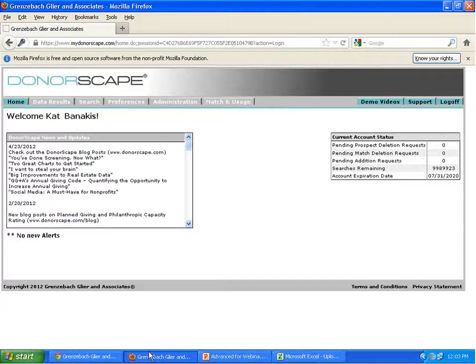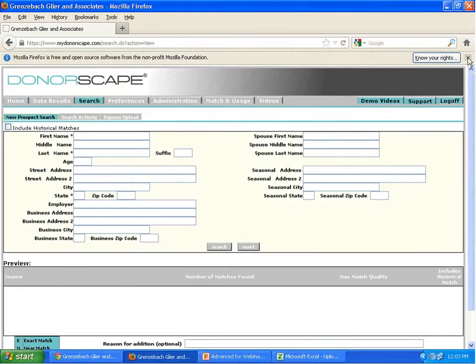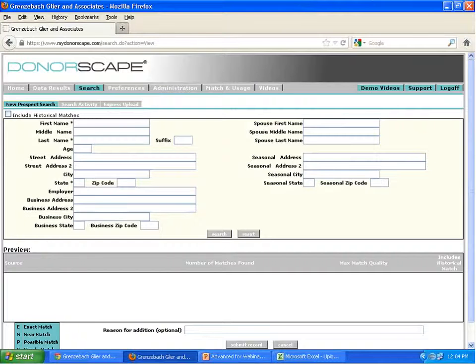So to start out, I've logged into DonorScape. We're looking at a practice account here, and we always want to start by looking at the number of searches remaining. That's how many new people you can load through the system. So I have plenty of searches to go between now and when my contract expires at the end of 2020. And to load new people into the system, we're going to go over to the Search tab here. And this takes us directly to the first way to load new people into the system, and that's through the